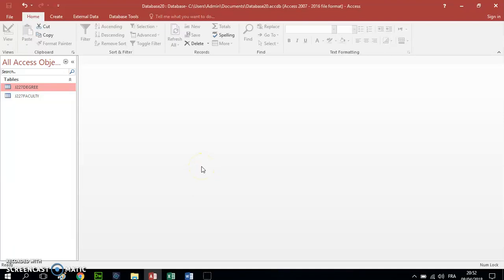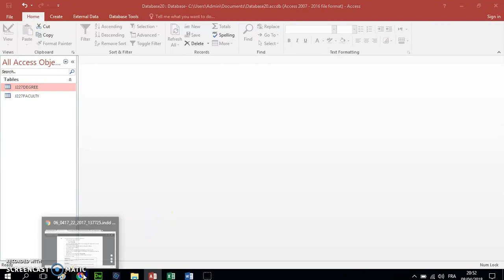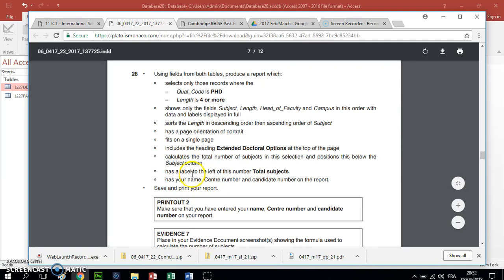Okay, so we're moving on to step 28 now, where we're going to produce our first of our reports and a query from our database. So there's several requirements here. We need to select only the records where the qualification code is PhD and the length is 4 or more. It should only show the fields subject, length, head of faculty and campus in that order. It should sort on both two fields, length in descending order and then subject in ascending order, page orientation, portrait,